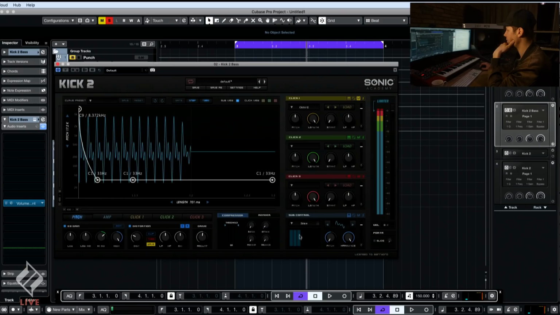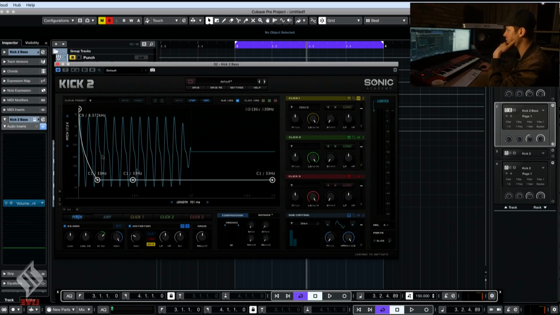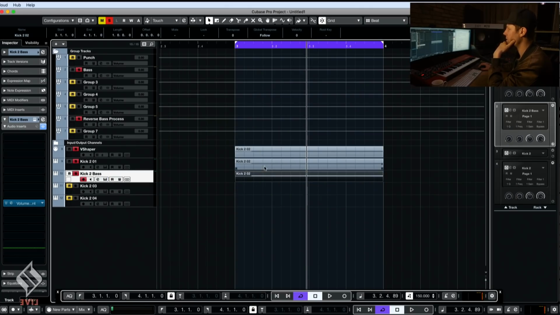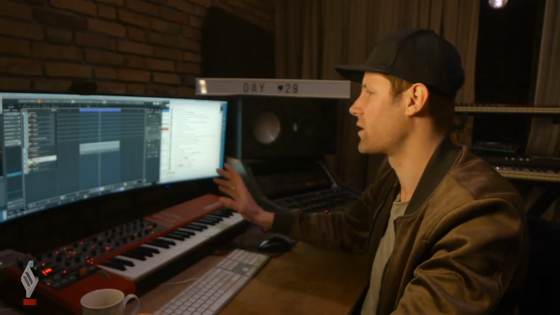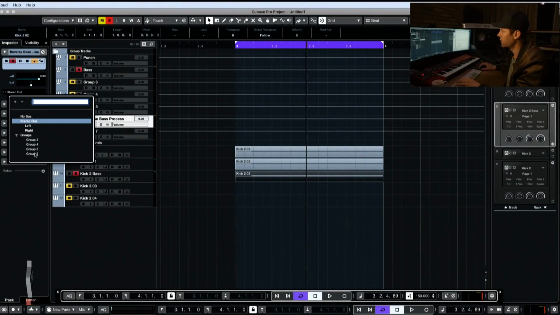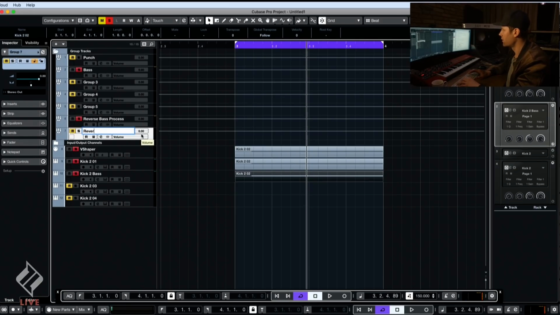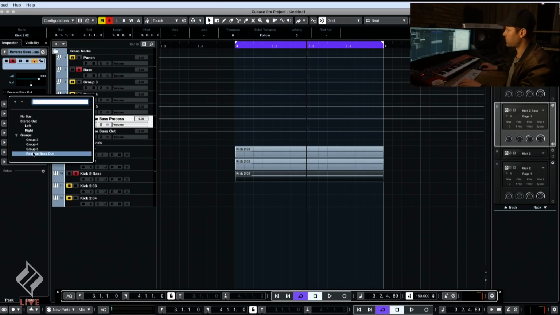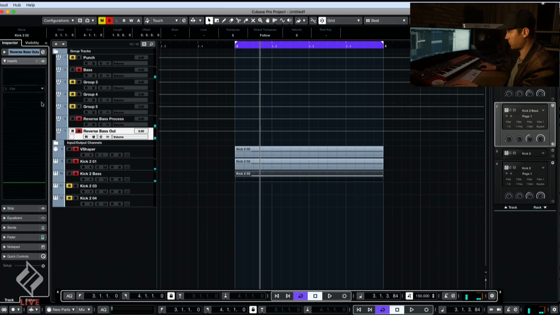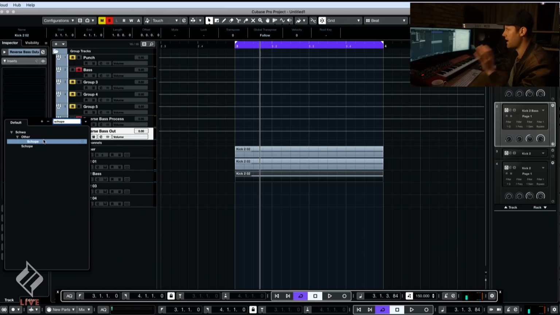I added some frequency over here, but I actually only need a little sub low and a little mid, you know, because this layer is really important for me, because this one has a really clear low end frequency. What I will add over here right now is, first I will make this go to group 7. This will be the reverse bass out group. This will be the output of the reverse bass. So as you can see, it's all running through all these channels, and then reverse bass out, that's the output. I want to have this because this is my analyzing